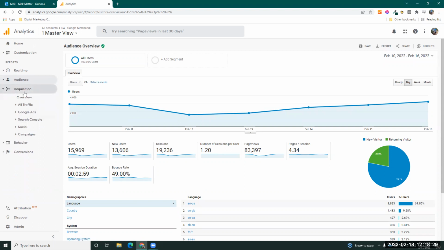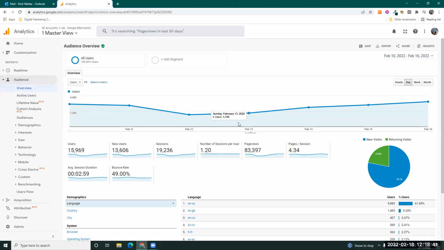That's going to be an important piece that we'll look at in a moment. And then you have behaviors, which is literally the pages that they go to, where they leave the site, how long, things like that. But to go back to the audience really quick, and before you start pulling numbers,